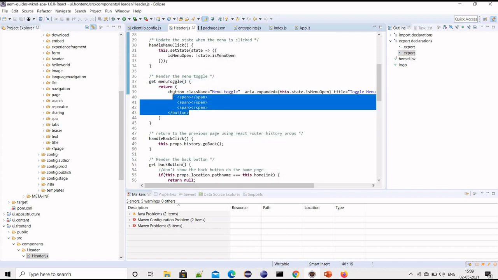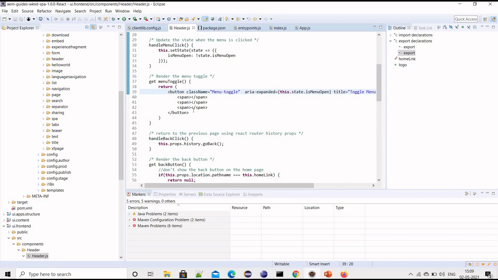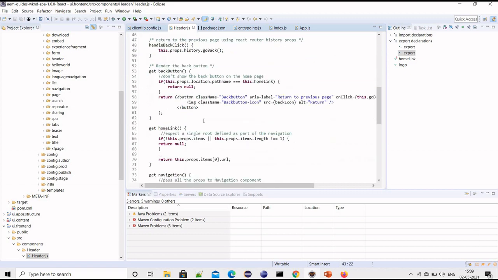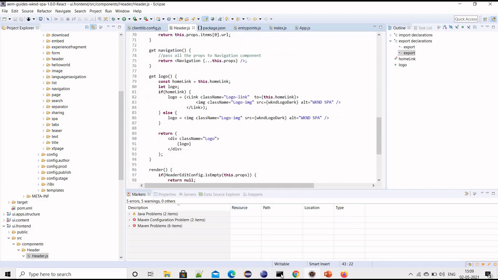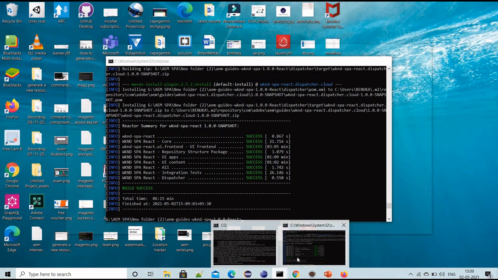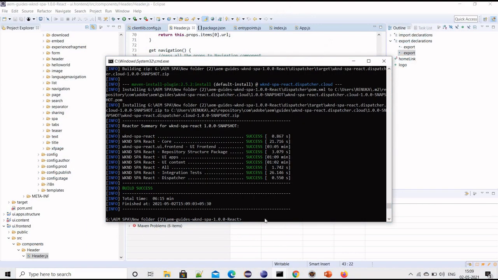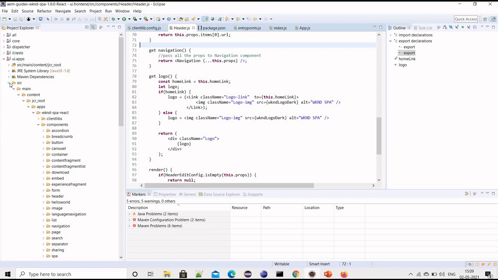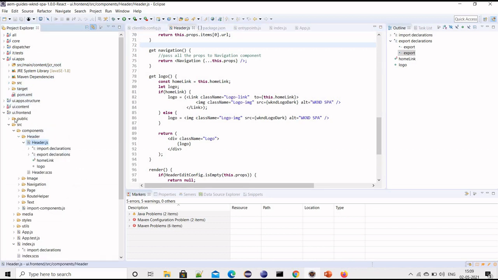Using these methods, we have just modularized our function. Again, we are returning another HTML DOM. So this is complete, and now let's see our ui.apps.